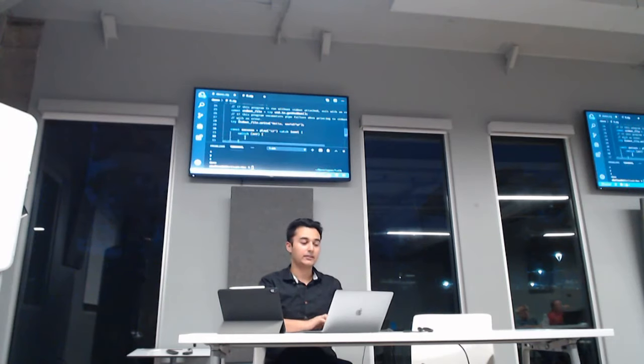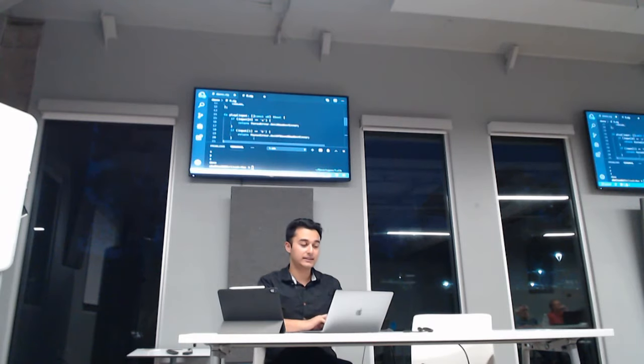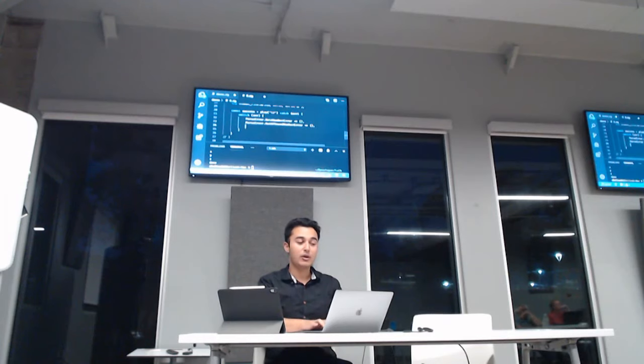If it was a parse error, then I could do something like this. If it was some other error, like the out of bound number error, then I could do something like this. Else, I could just return the error itself so that it propagates to whoever is controlling it.